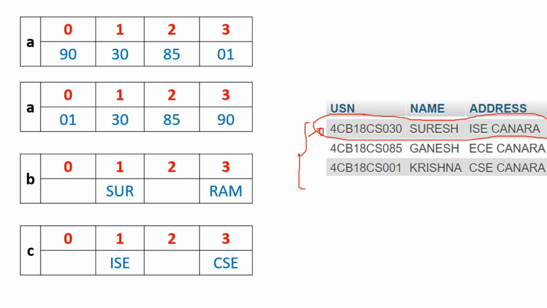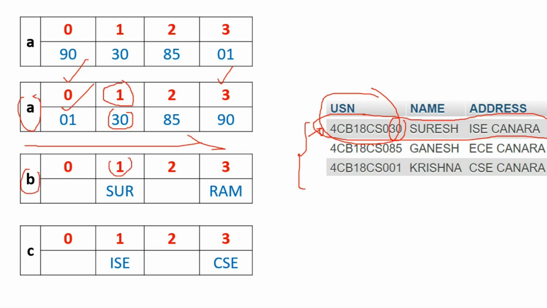Again we'll go to the for loop, right? Traverse array A from I equal to 0 to I equal to n, and check whether $row['USN'], that is 30, is somewhere in $A[$i]. Of course here it is not there, but I find it at I equal to 1. When I equal to 1, I find $A[$i], that is 30, is equal to $row['USN']. So I'll stop there. Then I will make $B[$i] of the same I equal to $row['name'], that is Suresh, and $C[$i] is equal to $row['address'].